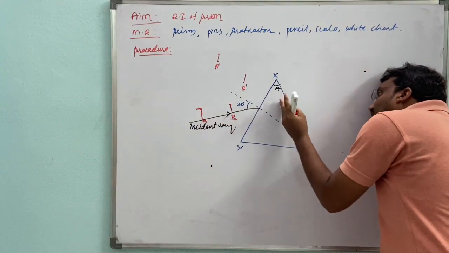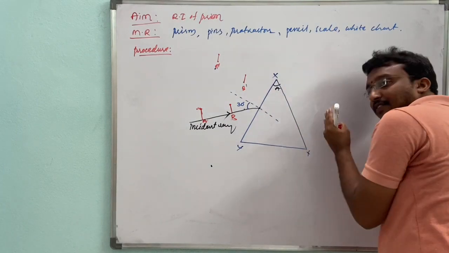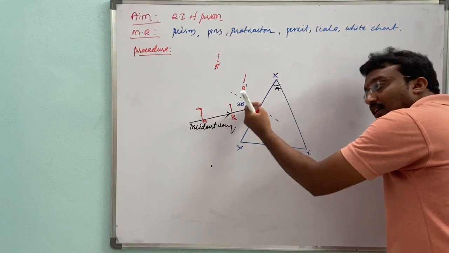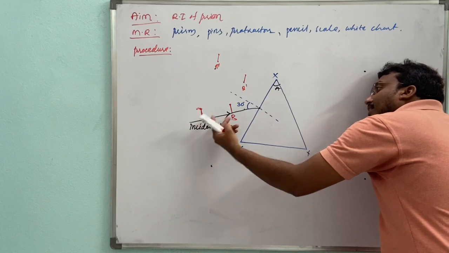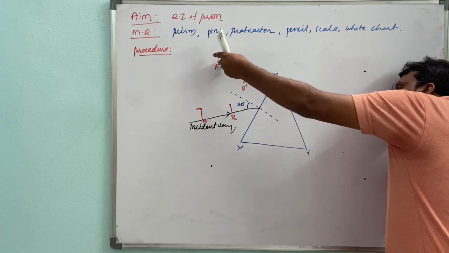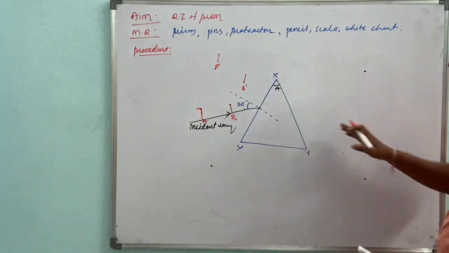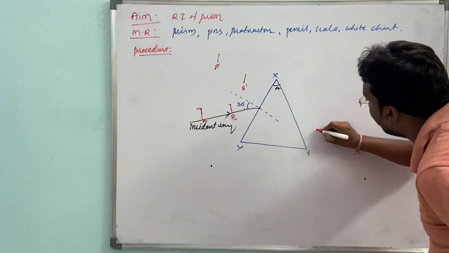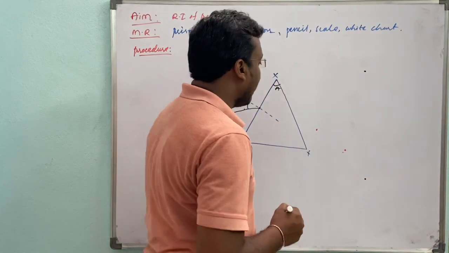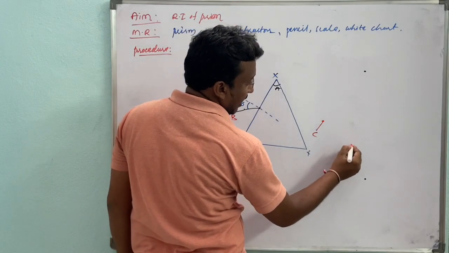Then it appears when we are seeing from the other side of the prism. That means the other refracting surface, or otherwise the second refracting surface. This is considered as the first refracting surface. Now, if we see the images of A and B from the second refracting surface, those images appear here. Then try to fix 2 more pins that should be in a straight line along this A and B. Okay, got it? Then here and here. Got it? Then name these pins as C and D.